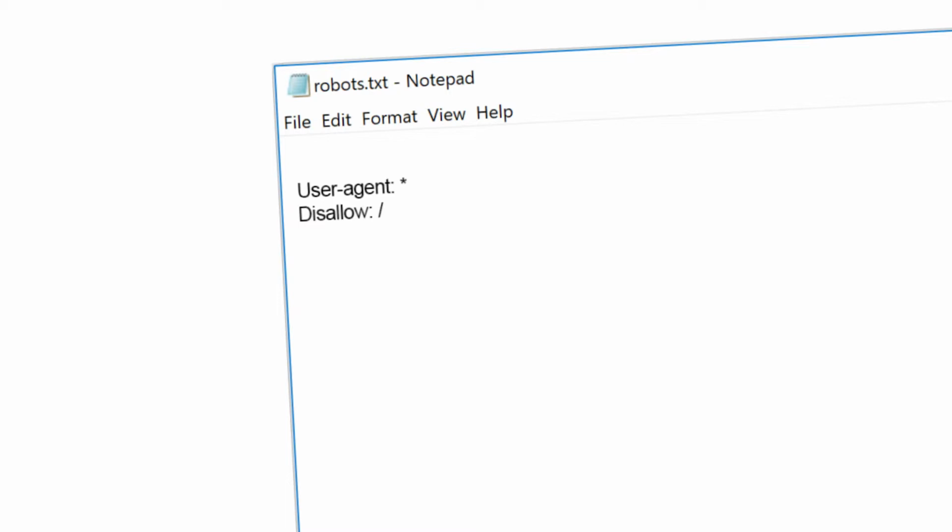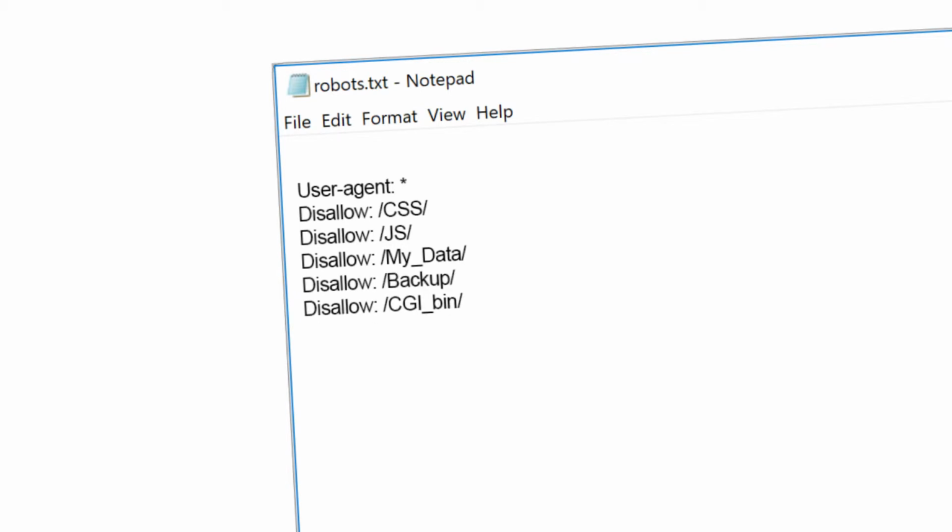More common uses of the disallow directive are with the CSS, your JavaScript files, maybe a private folder that you have, or a backup folder, a CGI bin that contains functionality for your website but no SEO-related content, a temp folder, a junk folder, maybe the location of your admin panel and all its related content. These are all pretty common to disallow.